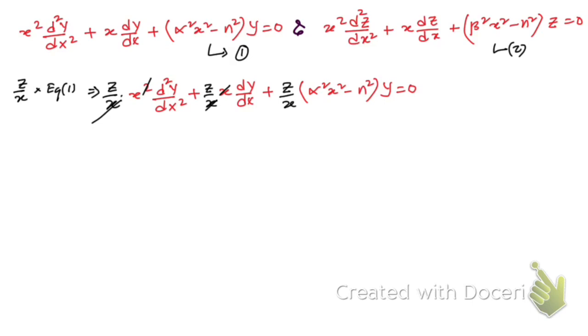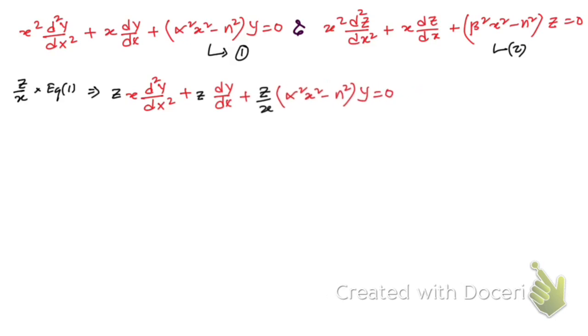Then what we're gonna have, so this equation will be of this form, z into x, second order derivative of y with respect to x. Then here we're gonna have z only in the second term. Okay, z into this, right? Now what we're going to do, we're going to multiply minus y by x with equation number 2. Okay, now let us multiply minus y by x